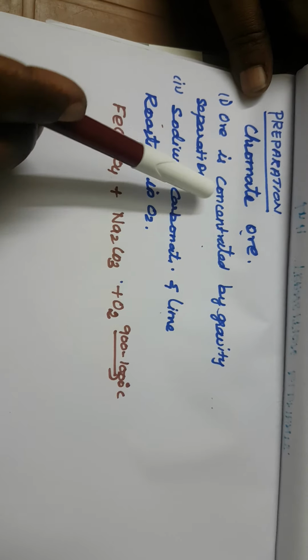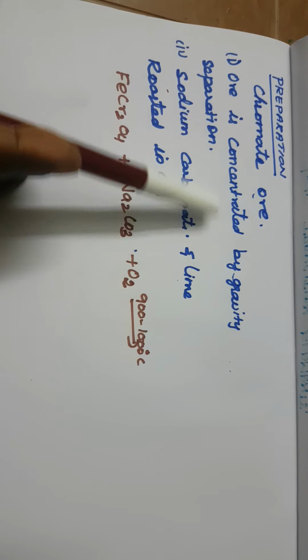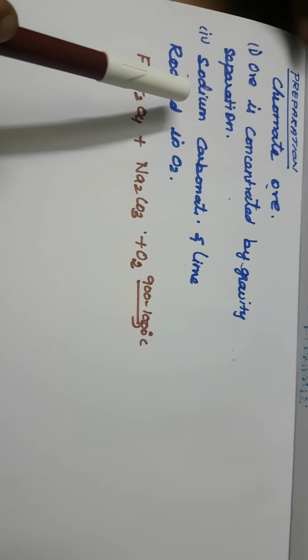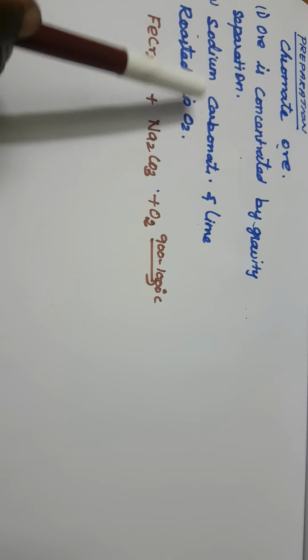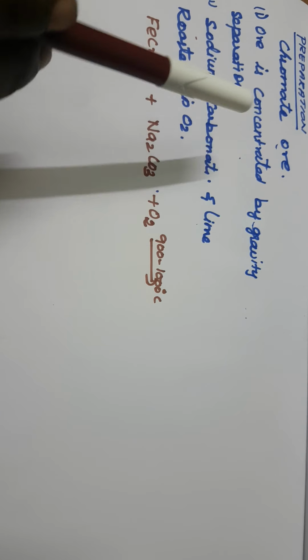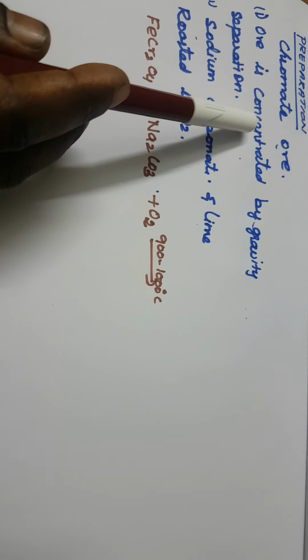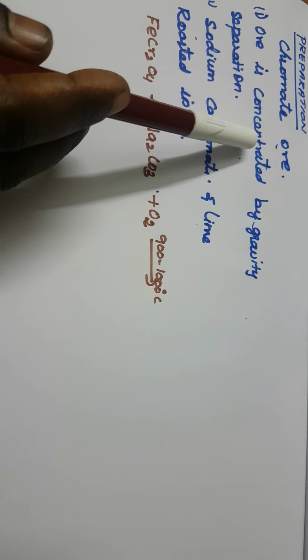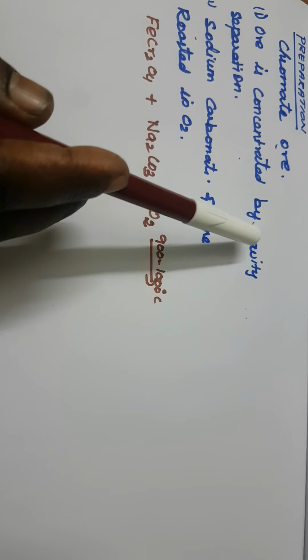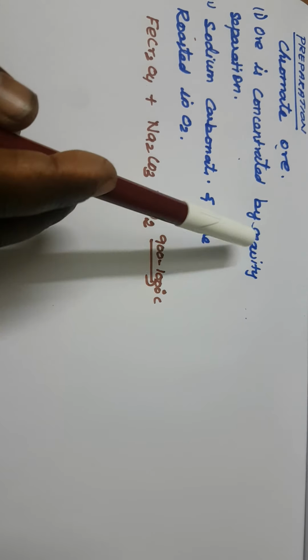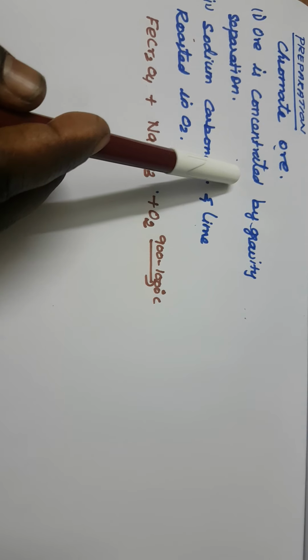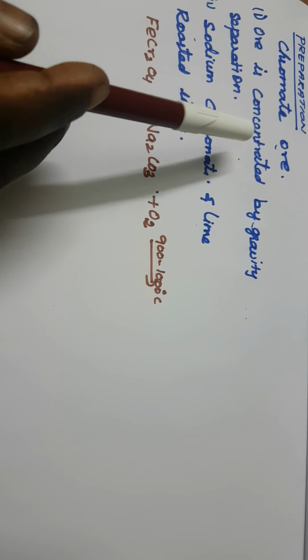The first step is that the ore is concentrated by the gravity separation process, and the second is that sodium carbonate is mixed in after the concentration. What is meant by concentrated? Concentrated means removal of impurities by the gravity separation process. So what is meant by the gravity separation process? The heavy oxide ore is